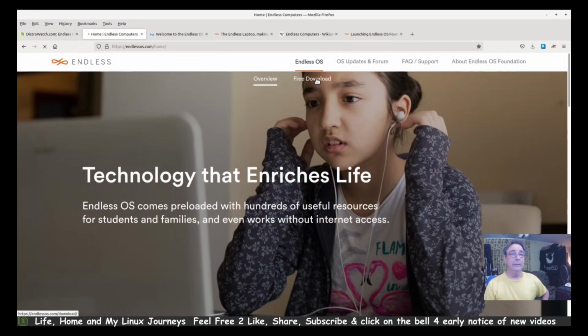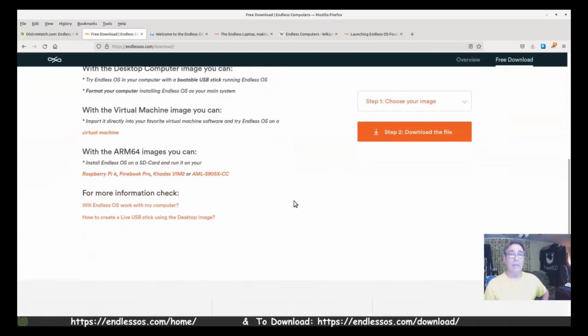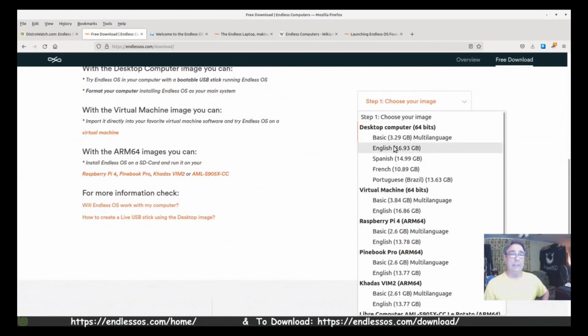Let me go ahead and just click on that. I want to show this. Here you'll have the opportunity to select your image. You click on that, you'll see for English, just the desktop alone is 16.93 gigabytes in size. Now you can get the basic, but you're defeating the purpose of the system.